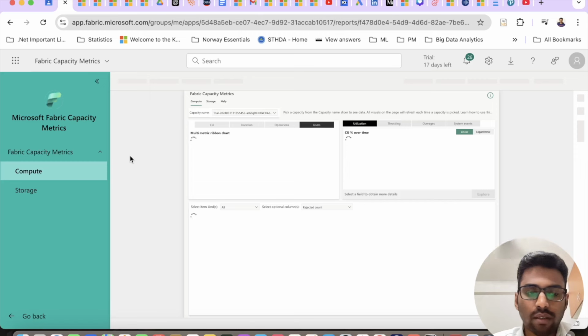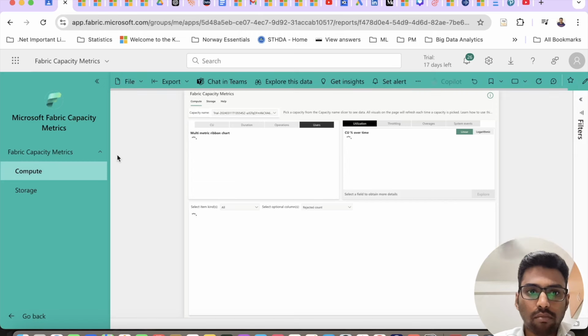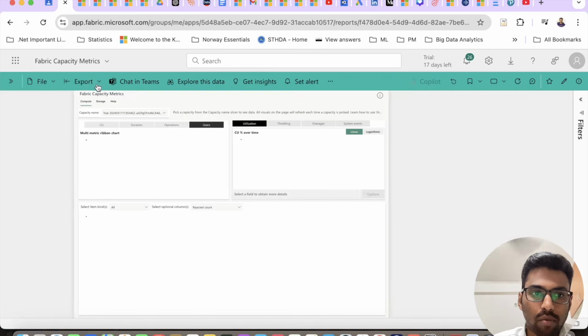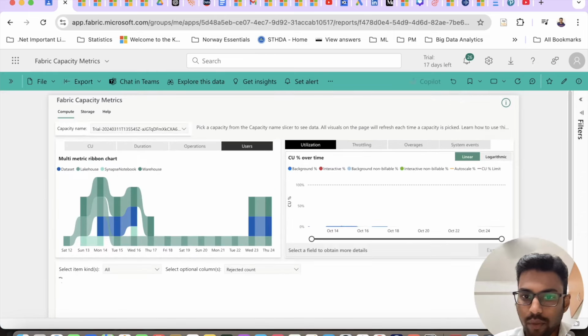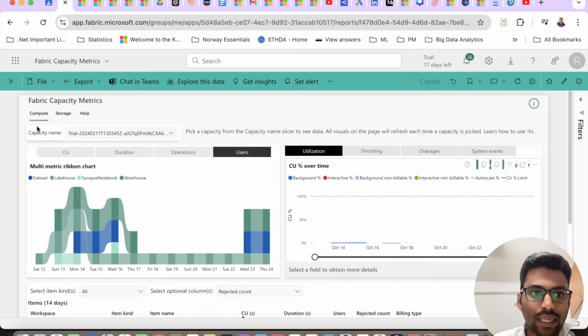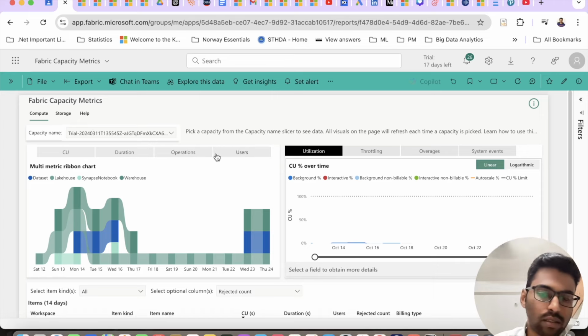So here, as I mentioned, there are a couple of tabs, or pages, that you can see. One is compute and storage. So let me probably minimize this and zoom in a bit. Review. So there you can see under the compute, you can see the trial account that is attached to the capacity, and you can see